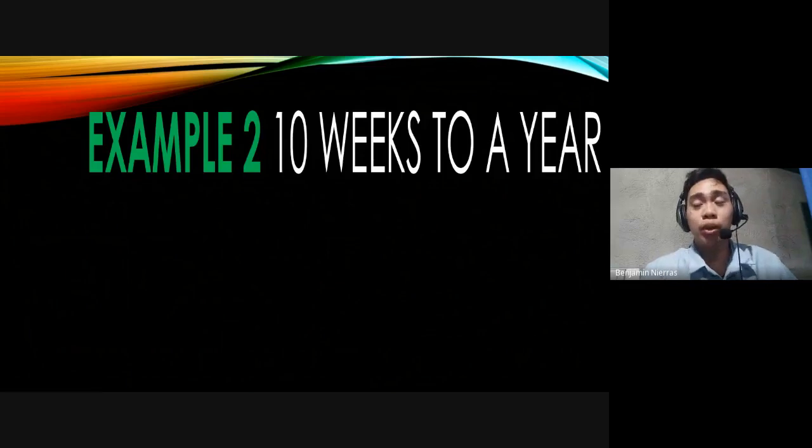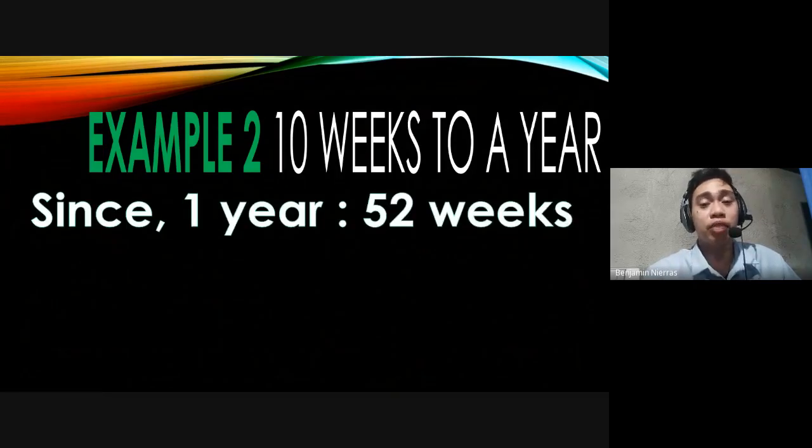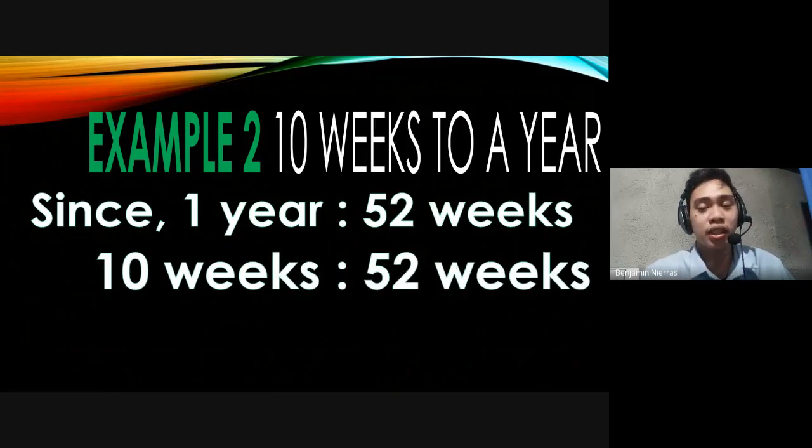Example number 2, 10 weeks to a year. So here we have weeks and also a year. But I chose weeks, no? So remember, in a year, we have 52 weeks. Therefore, the given 10 weeks to 1 year will become 10 weeks is to 52 weeks, because 1 year is composed of 52 weeks. So we have 10 and 52. Simplifying them by dividing by the greatest common factor, we will have